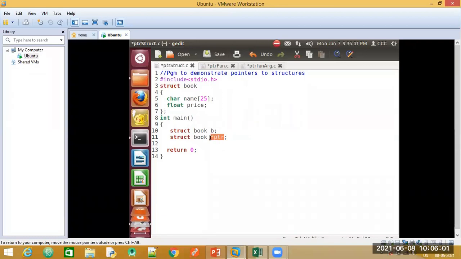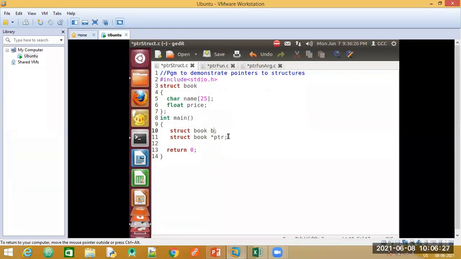But if you look here, can you tell me what is the data type of the pointer here? Have a look at this statement. Since we have made use of an asterisk, it indicates that this variable PTR is a pointer variable. Now, why have I declared this pointer variable? I have declared this because I need to point it to my structure.